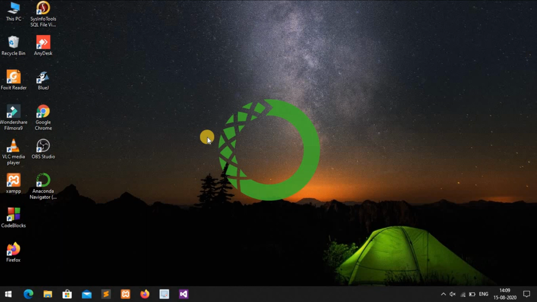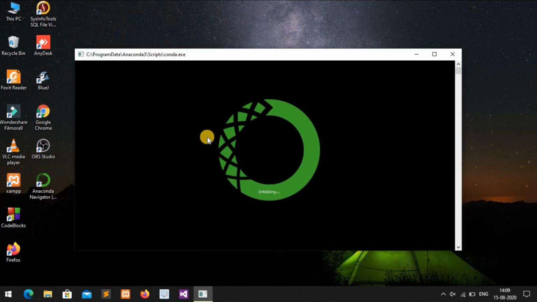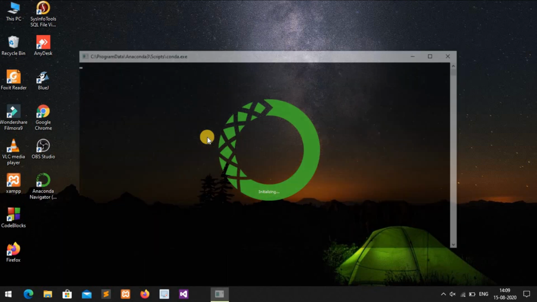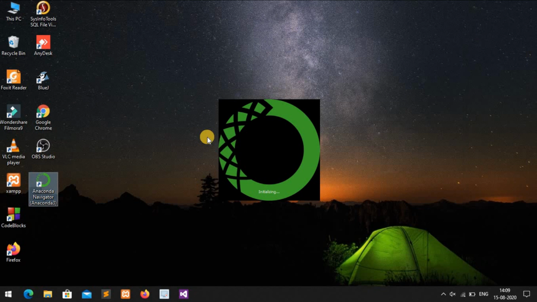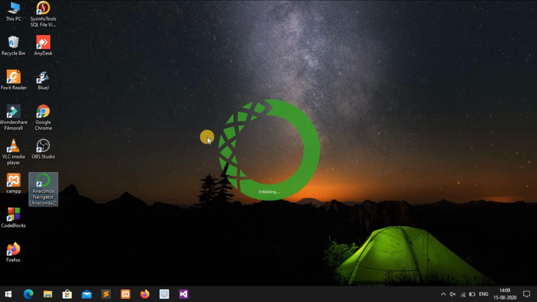After that it starts. All the scripts and data are loaded into your system registry. Now it is initializing.